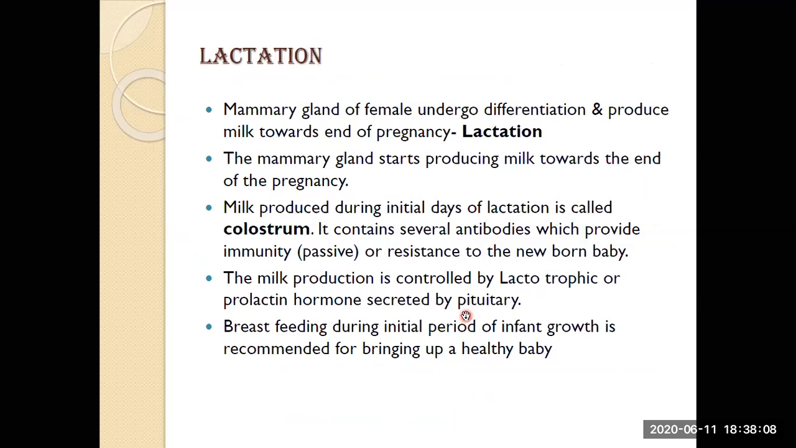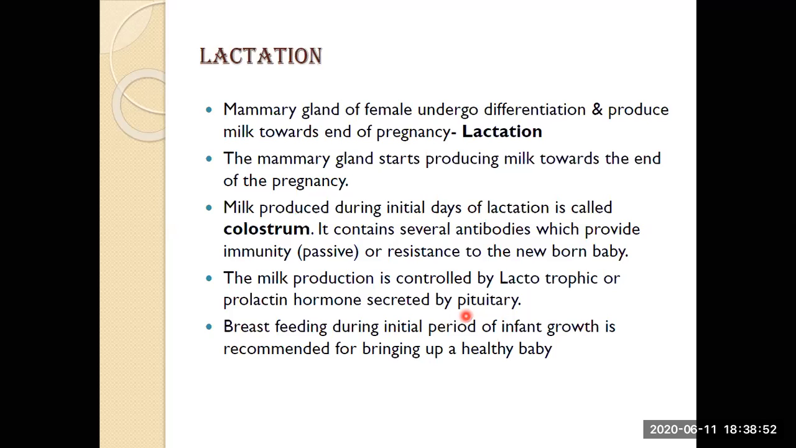And now we are coming to the last part of this chapter, that is lactation. Some discussion about lactation we have done in the female reproductive system, when we studied the development of mammary glands. Now the process of formation of milk at the end of the pregnancy from the mammary glands of the female is known as lactation. These mammary glands are activated and differentiated at the end of the pregnancy, and this milk which is produced in the initial days of lactation